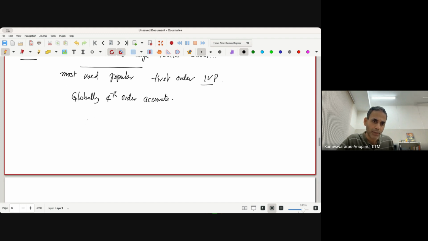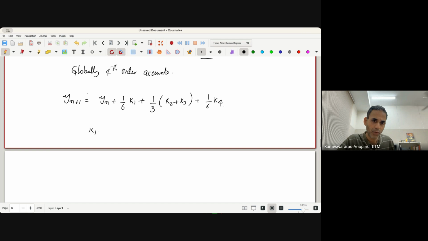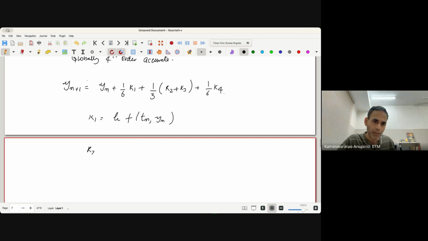It is essentially y_{n+1} equals y_n plus 1/6 of k1 plus 1/3 of k2 plus k3 plus 1/6 of k4. That is the value, and k1 equals h times f of t_n comma y_n, and then k2